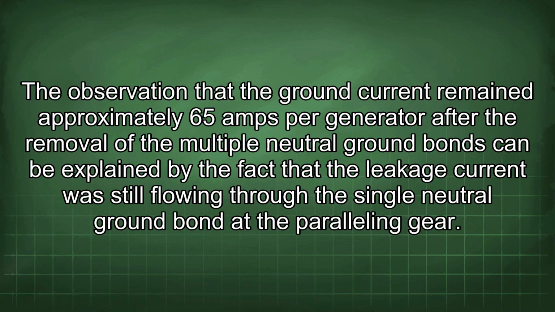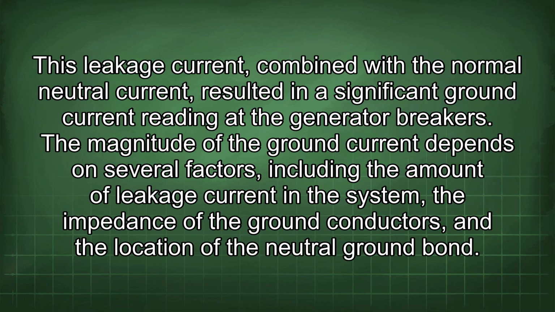The observation that the ground current remained approximately 65 amps per generator after the removal of the multiple neutral ground bonds can be explained by the fact that the leakage current was still flowing through the single neutral ground bond at the paralleling gear. This leakage current, combined with the normal neutral current, resulted in a significant ground current reading